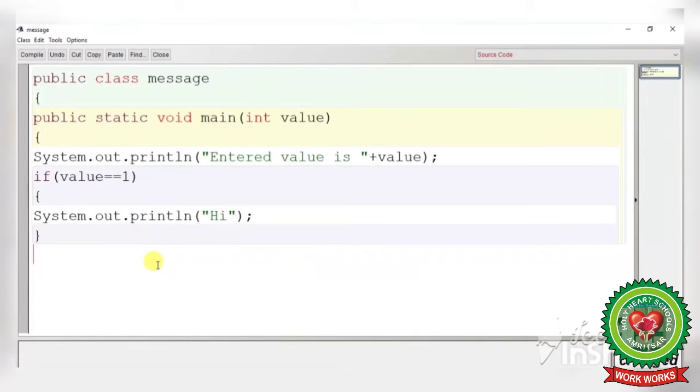Now see the next statement according to the condition, and that we will start by using else if. And there is a space in the else if word. I am writing the next condition. Now the computer will check both conditions. Firstly it will check the if part, then else if. If the if part is not matching, then it will check the else if part. And if the else if part is true according to the condition, then it will display, System.out.println, hello.